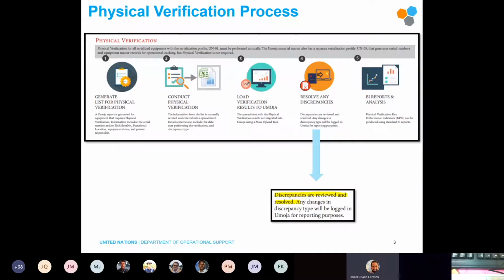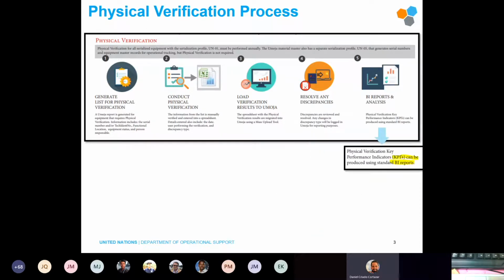We probably will not have time to go through it in the session, but definitely we'll give you a link to the template and to the job aid, which tell you how to upload information massively from a large amount of equipment. And last but not least, the BI reports involved within this process will be the last stage